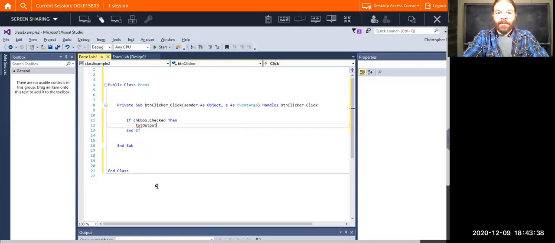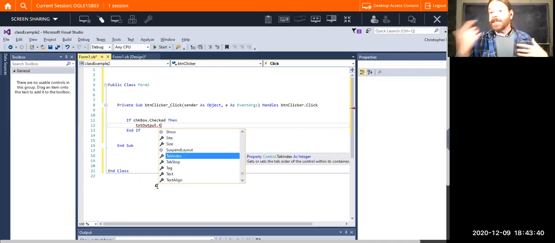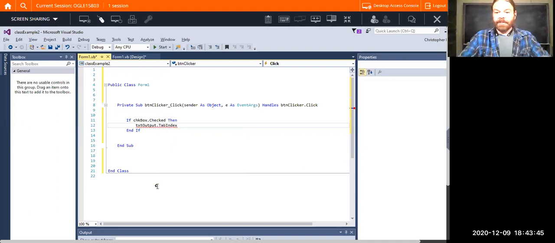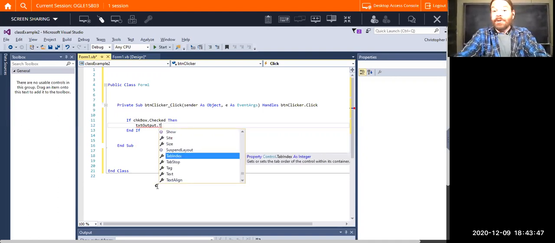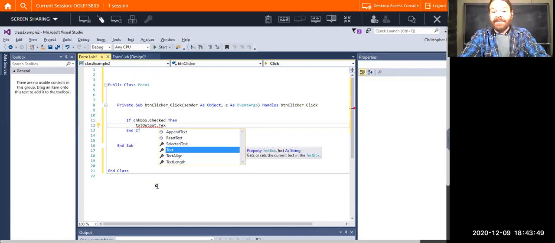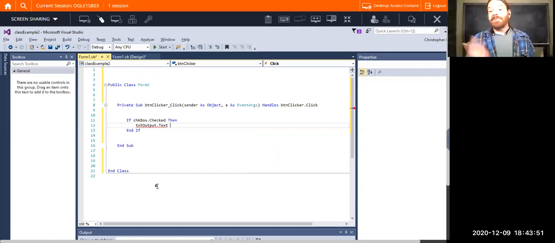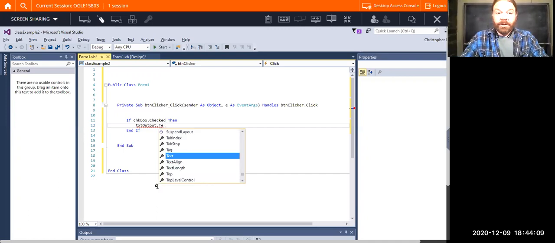So like txt output dot, it's just a text box this time. The other day we were doing output list box. I'm just using a regular text box, so we'll have the text attribute. So you do have to be careful for that. We can use different things for inputs and outputs, and you just have to choose the one you want. But again, that's why the lecture tonight is going to be kind of brief. That way you all can just go in here and click around on these things. And when you type in a new one,